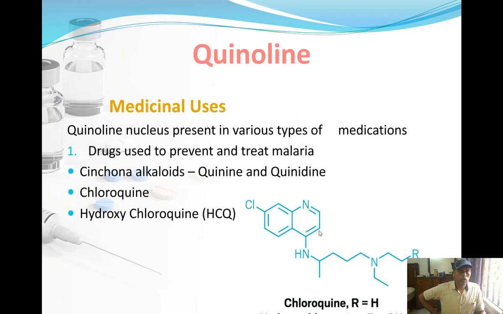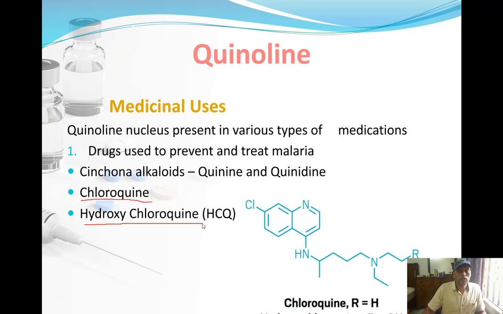The examples are cinchona alkaloids. In cinchona alkaloids, you have quinine and quinidine. These are the drugs used to treat and prevent malaria. They have a quinoline ring in them, and it is also there in chloroquine, and it is also there in